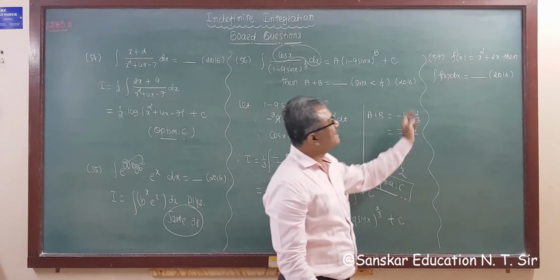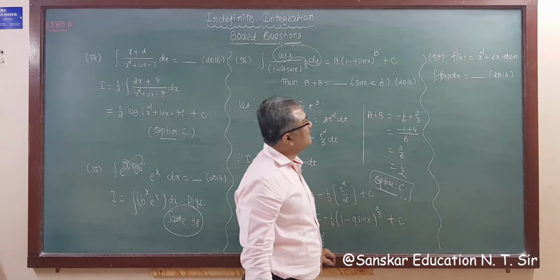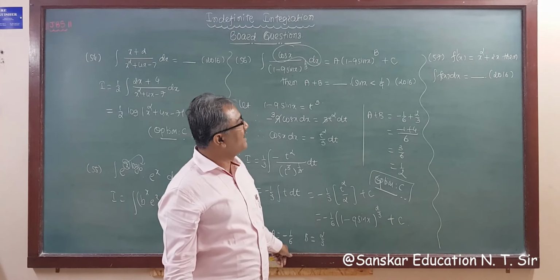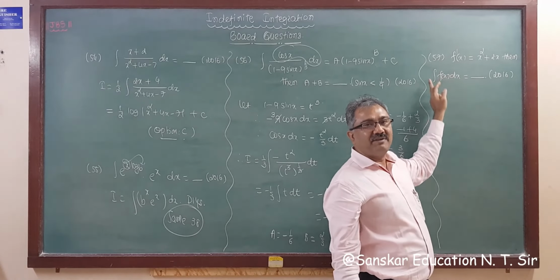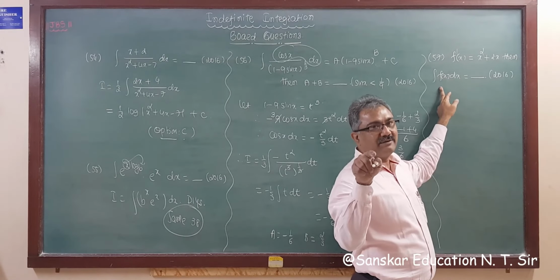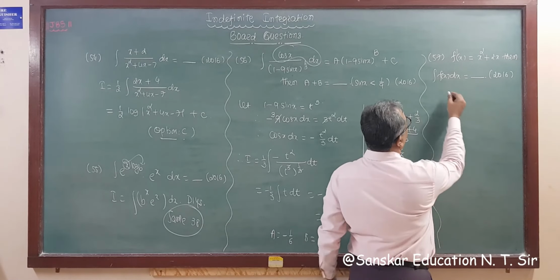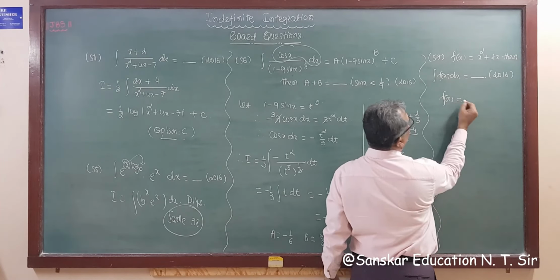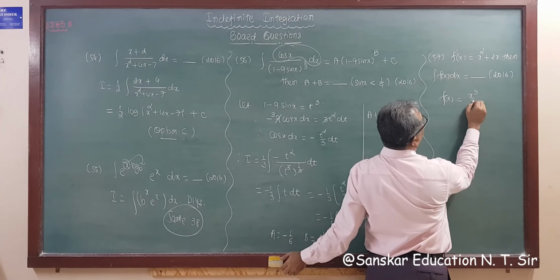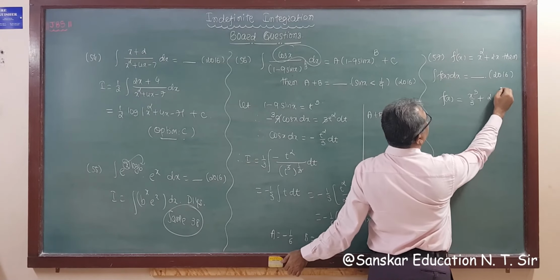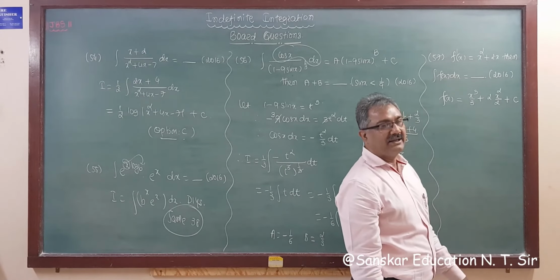Now next question is also from 2016 exam. Question number 57. F dash x is equal to x square plus 2x. Then integration fx dx is equal to. Now this is f dash x is given and we require fx. So derivative is given and we require function. Then we have to integrate both sides. Right? So fx is equal to, integrating both sides, we get integration of this is x cube by 3 and this is 2 x square by 2 and plus c. I am writing c. So this is your fx.